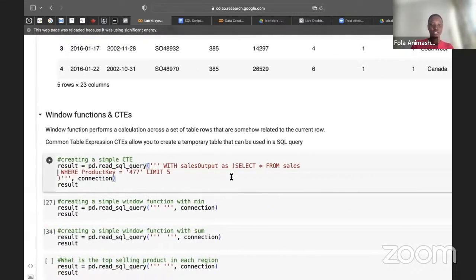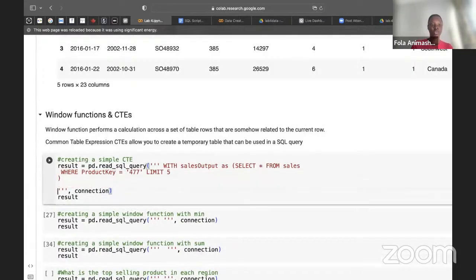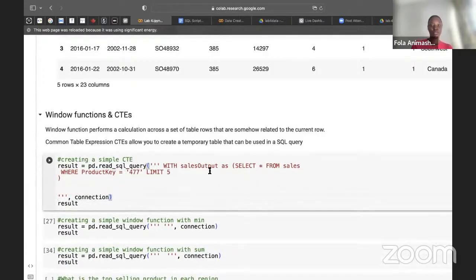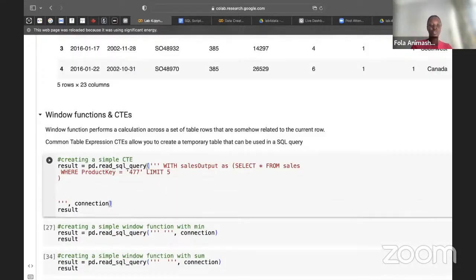Okay. So where product key is equal to this, limit 5. And then I'm now going to say, because this is now a table on its own, this select sales output is a table on its own. Then I'm going to say select, and then I want to pick a couple of rows that I want to see, because I don't want to see all of it, although I put this star here so that all the columns are available. So also one thing you need to know about CTEs is that if you don't put,